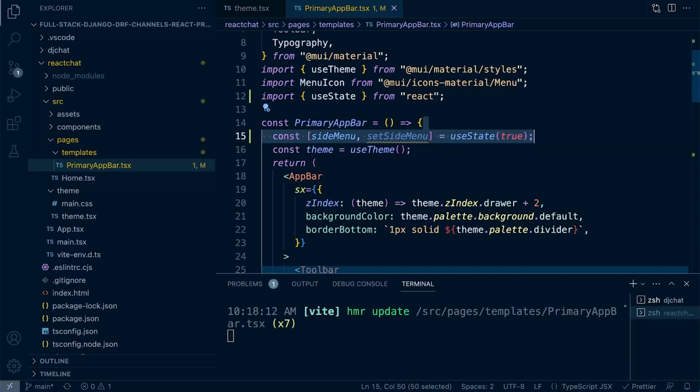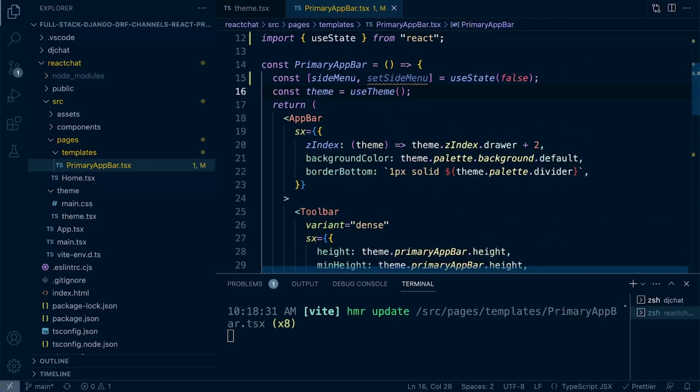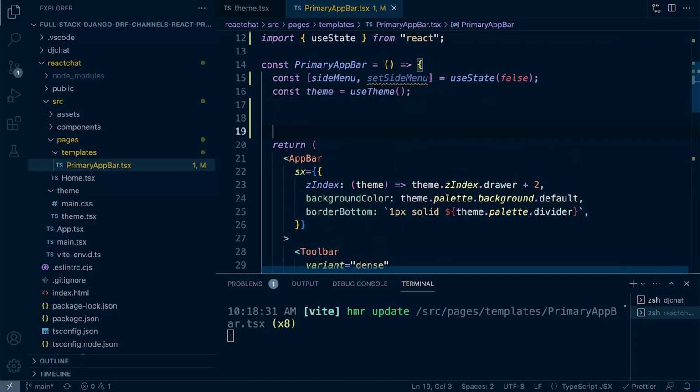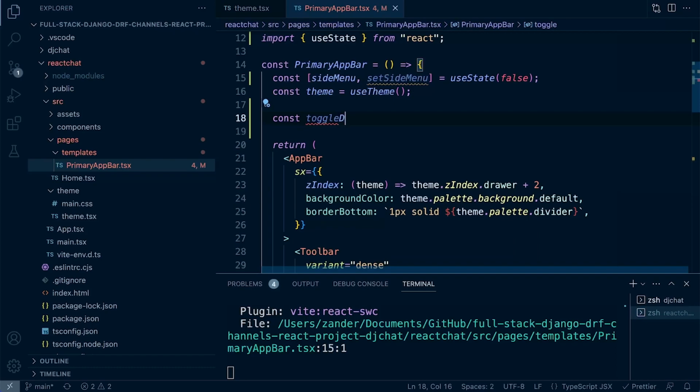All right, so let's turn that back to false, and then we can concentrate on building the functionality so that we can add a button to open and close the drawer. So now we need to build a function which we can fire off to actually change the side menu state. So let's go ahead and build that. Let's call it toggle drawer. So const toggle drawer equals